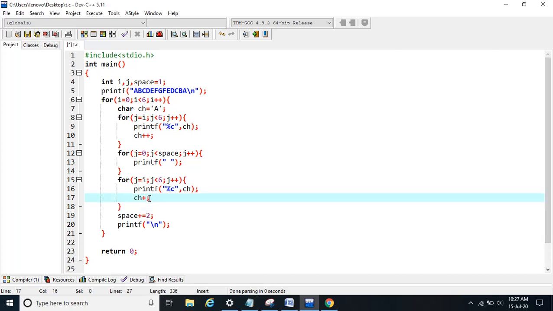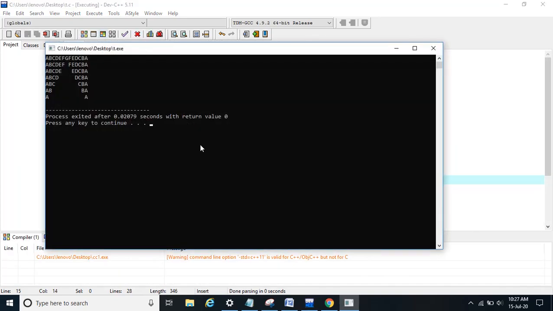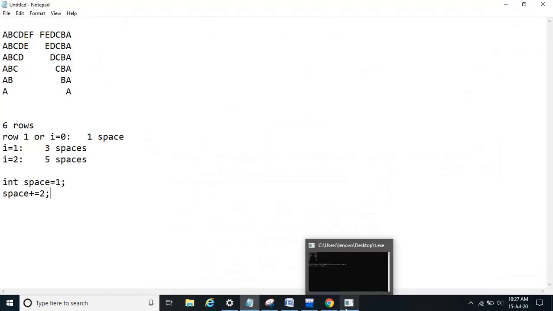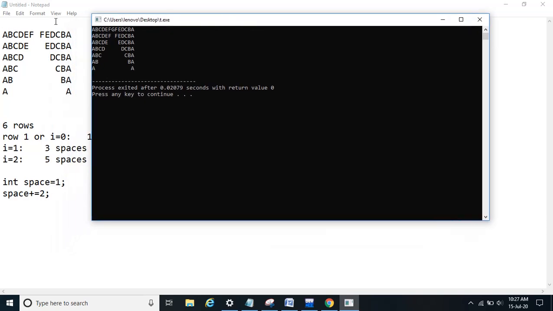So this time we will decrement. We need one more decrement here, I will tell you why. Let's see what we have built. If you see, we have built this pattern. There was this first row that I have deleted and the whole part is correct.